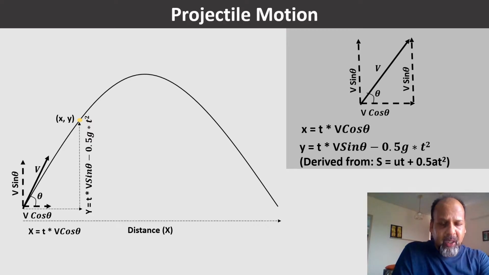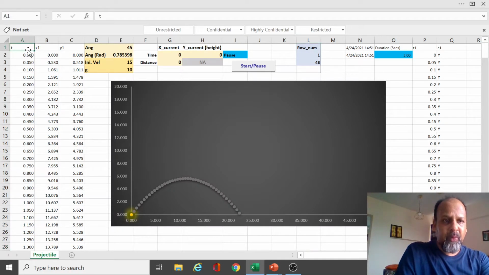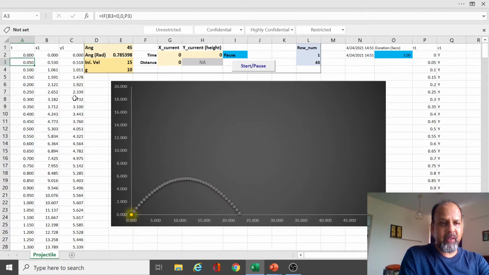So with this, what I did is I plotted, let me take you to the Excel. I plotted time t in column A, and it's incrementing by 0.05, right? You can see 0.00, 0.05, 0.1, and so on. Using the equation t cos theta, I'm plotting x, the horizontal distance.